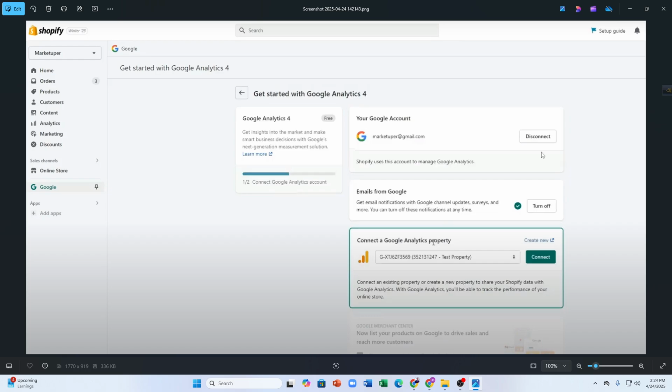You have to enter your Gmail account which is bound with your Shopify store. Just connect that account, and after that you have to tap onto this connected Google Analytics property. Tap onto this option, and then